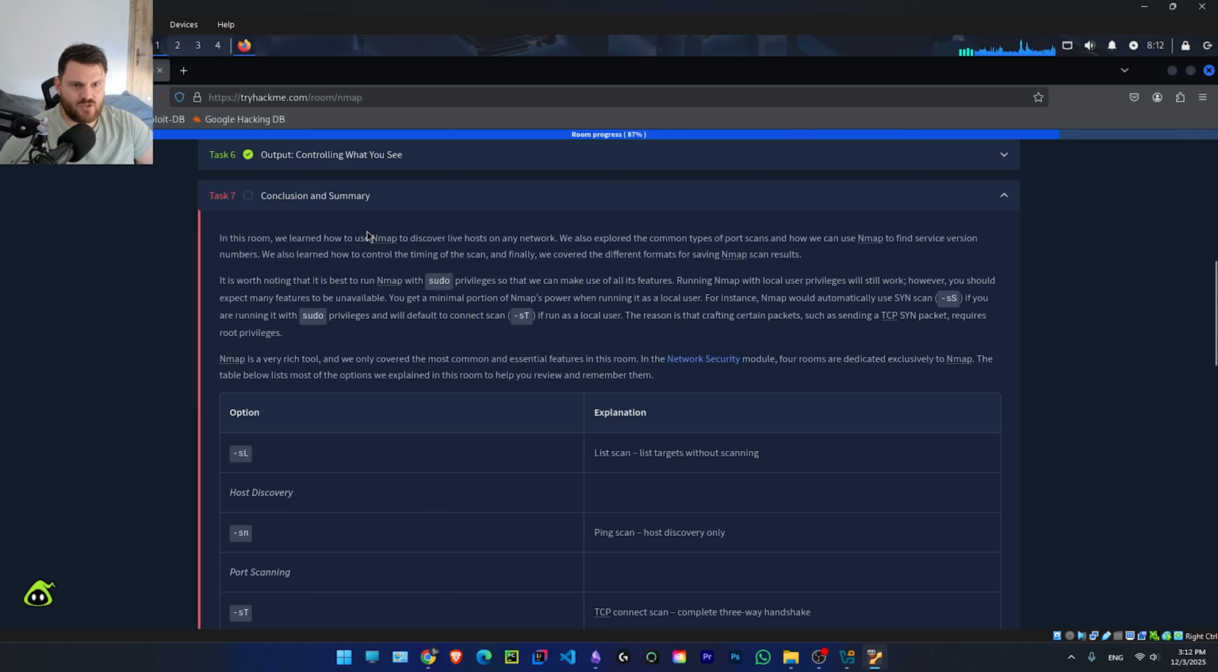Task number 7, conclusion and summary. In this room, we learn how to use Nmap to discover live hosts on any network. We also explore the command types of port scans and how we can use Nmap to find service version numbers. We also learn how to control the timing of the scan, and finally we cover the different formats for saving